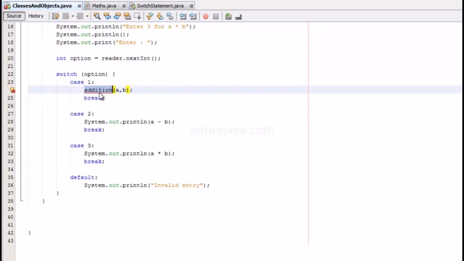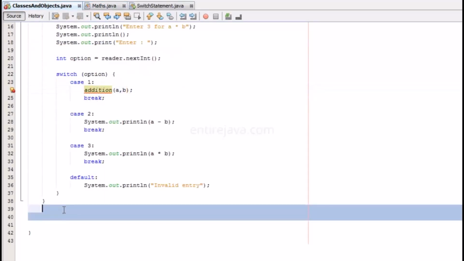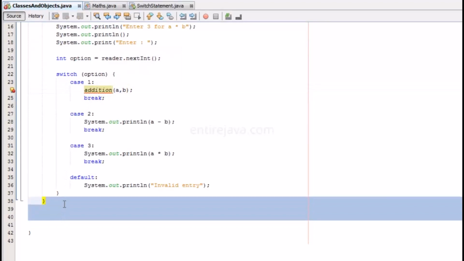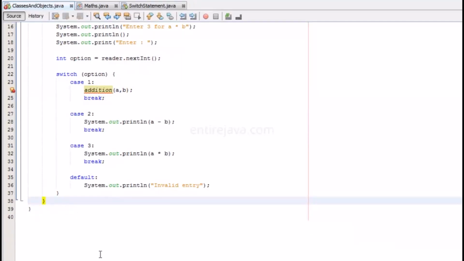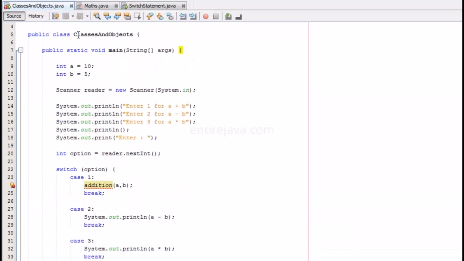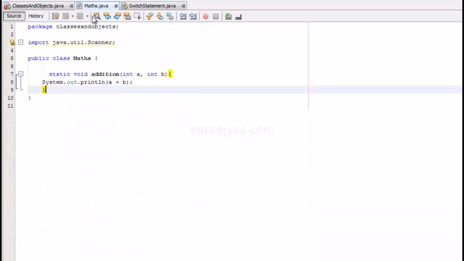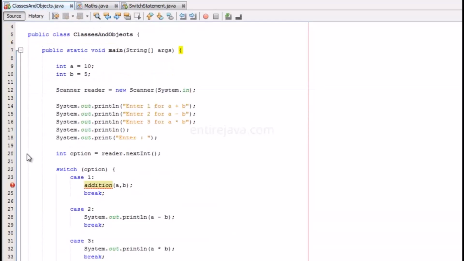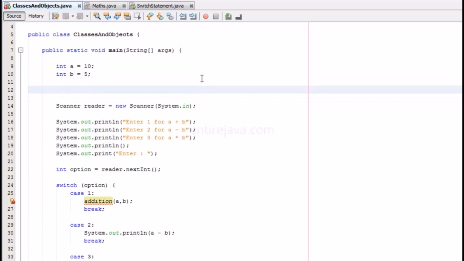We definitely will have an error here because the method is no longer existing here. So how do we call this method residing in another class? This is how we're going to do it. I'm going to say somewhere over here, Maths